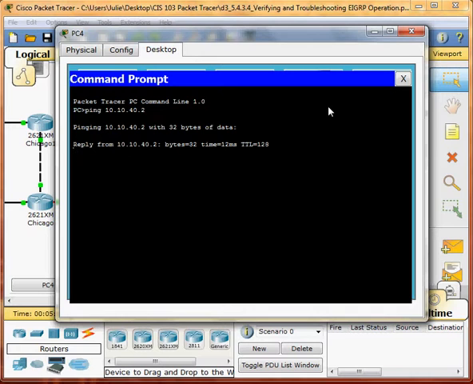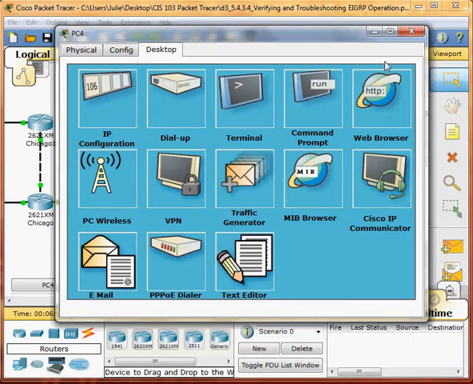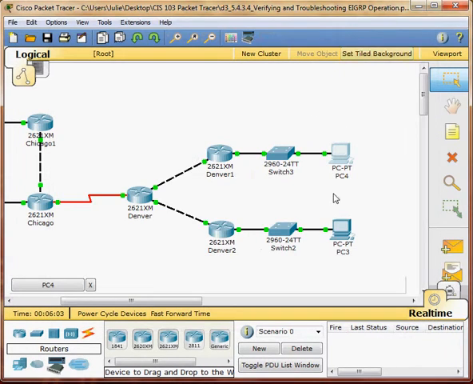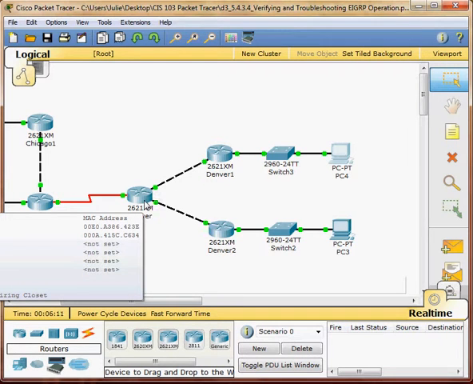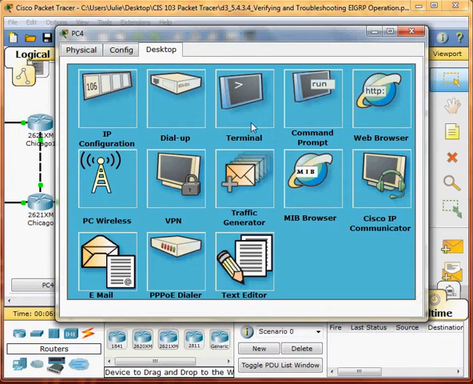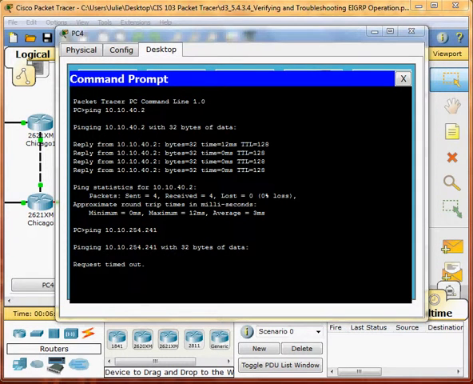Now I have to ping from PC4 to the Denver router, Denver router path Ethernet 00, which is 10.254.241. It was unsuccessful.